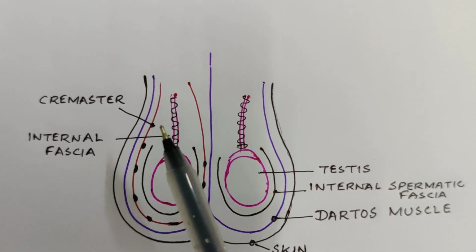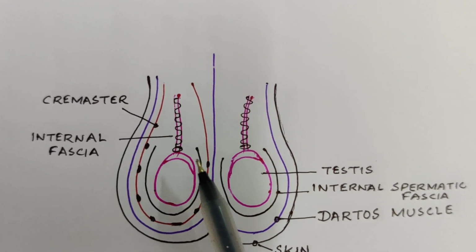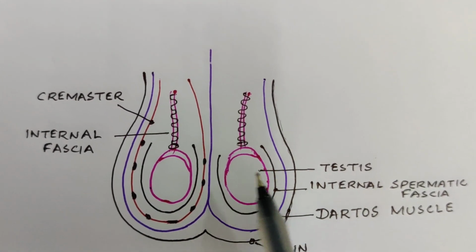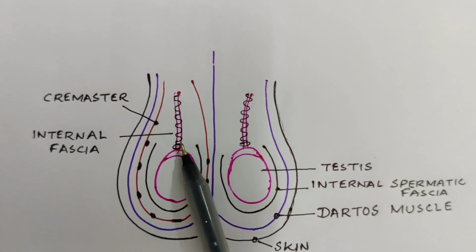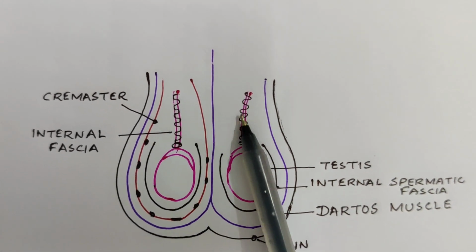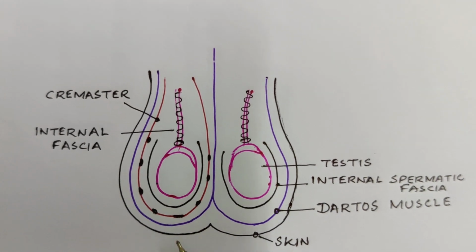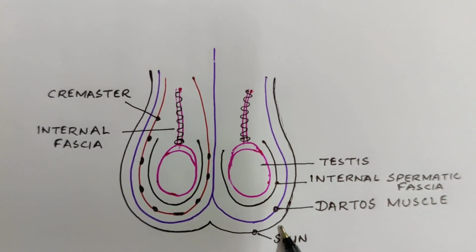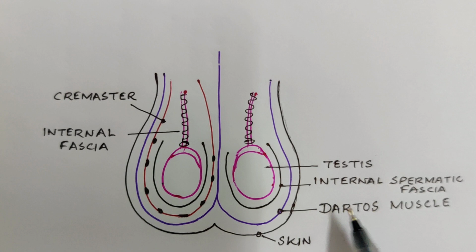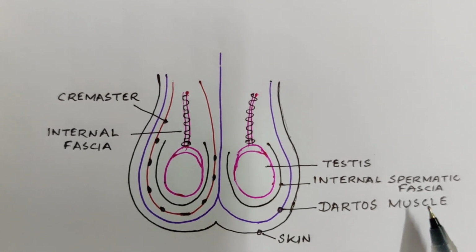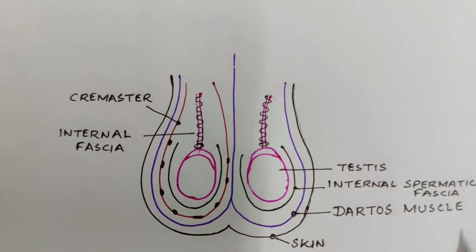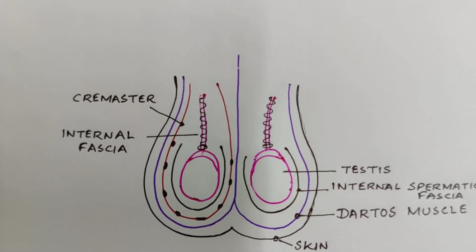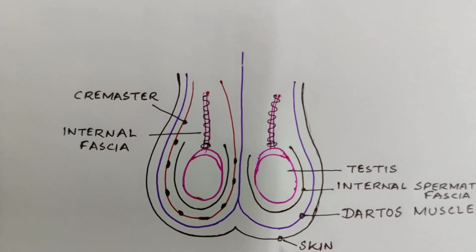Cremaster muscle is a thin layer of striated muscle found in the inguinal canal as well as in the scrotum. Now these structures are the nerves and the blood vessels. It is surrounded by skin. Now dartos is a thin layer of smooth muscle which is known as muscle fascia. When it contracts, it gives a wrinkled appearance to the scrotum.